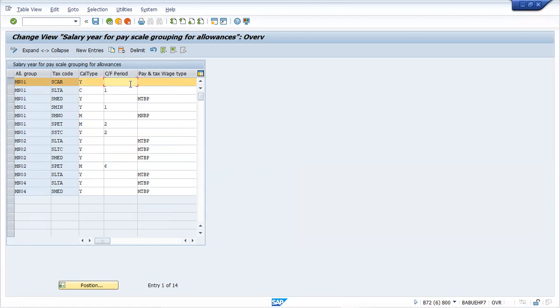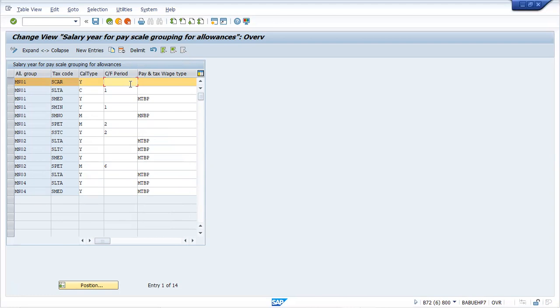Suppose you do not utilize your reimbursement limit, SAP lets you carry it forward. Here you can specify the maximum number of carry forward periods. Suppose you put 2 and the accumulation type is M, then you can carry forward 2 months. So the unit of this period is the accumulation type, the value of the previous column. Suppose you say 6 and month M, then you can carry forward at least 6 months. Depending upon that, this configuration will be there.